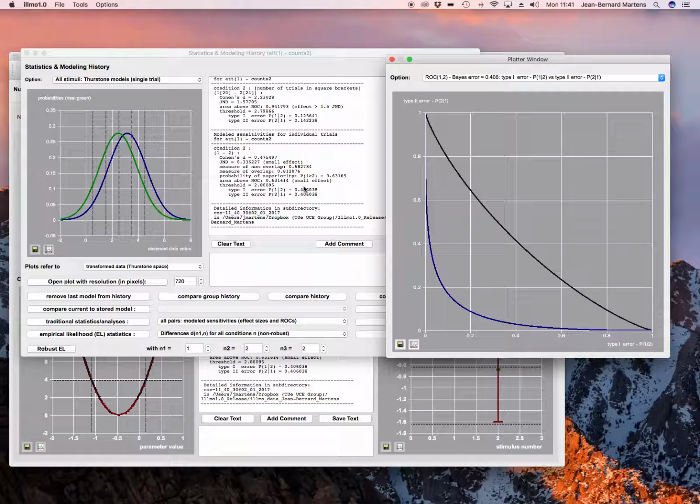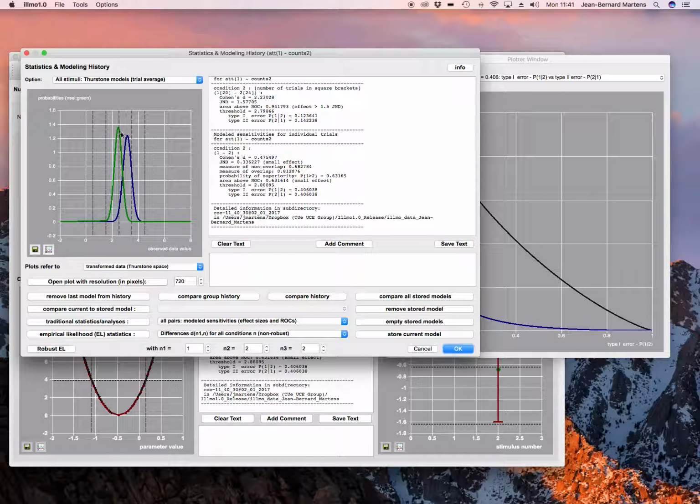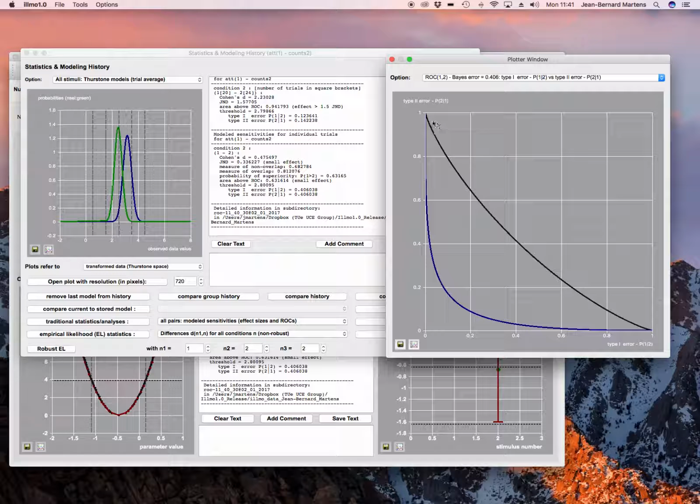Now, often, of course, in statistics, such as in a t-test, we don't base our results on a single measurement, but we base it on trial averages. And trial averages have much more pronounced differences in observations, which is reflected in that you can also make a receiver operator curve for the averages, and that the area to the right is actually a lot higher. It is actually 94%. So it means that if you base it on the averages, you have 94% chance that the average in the first condition will actually be higher than in